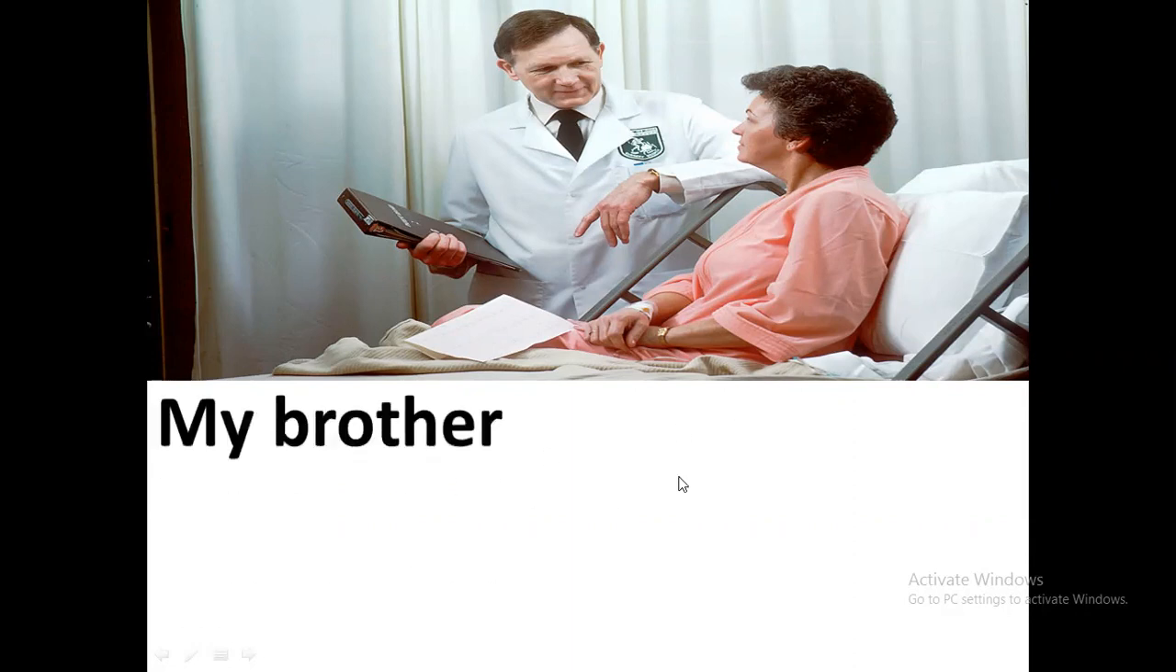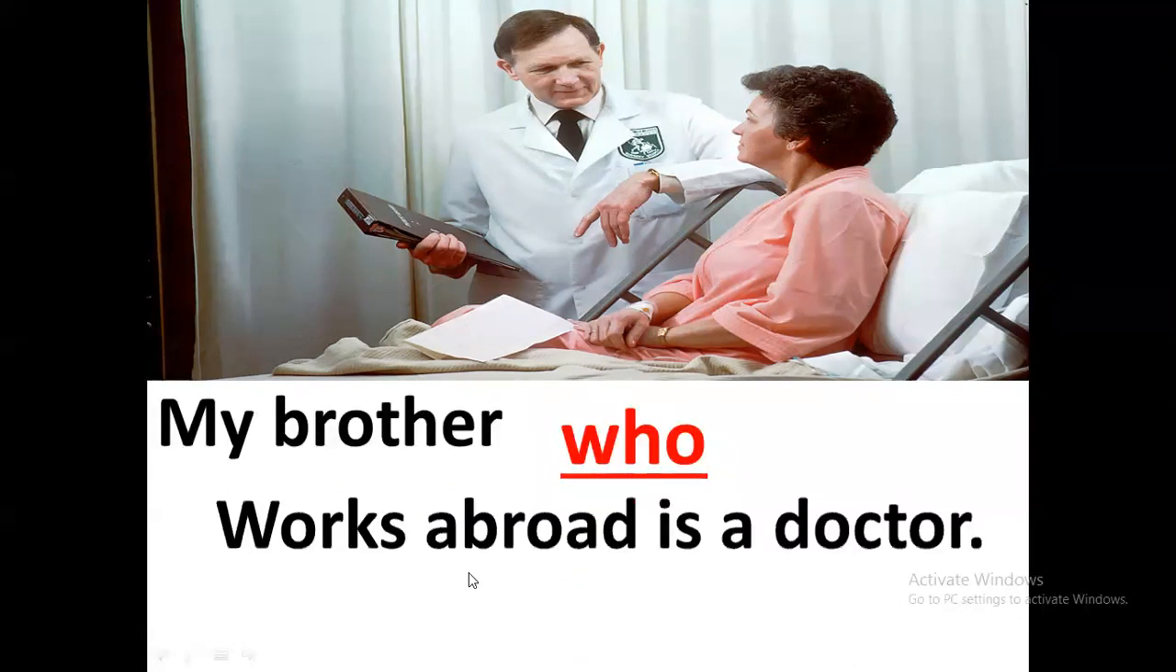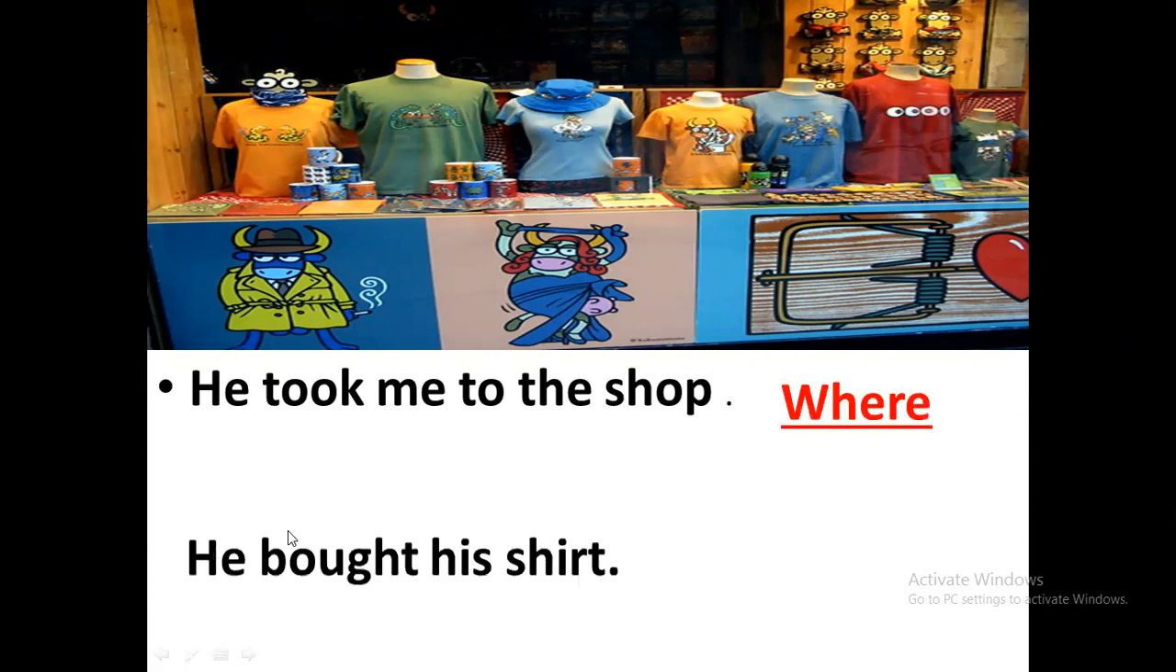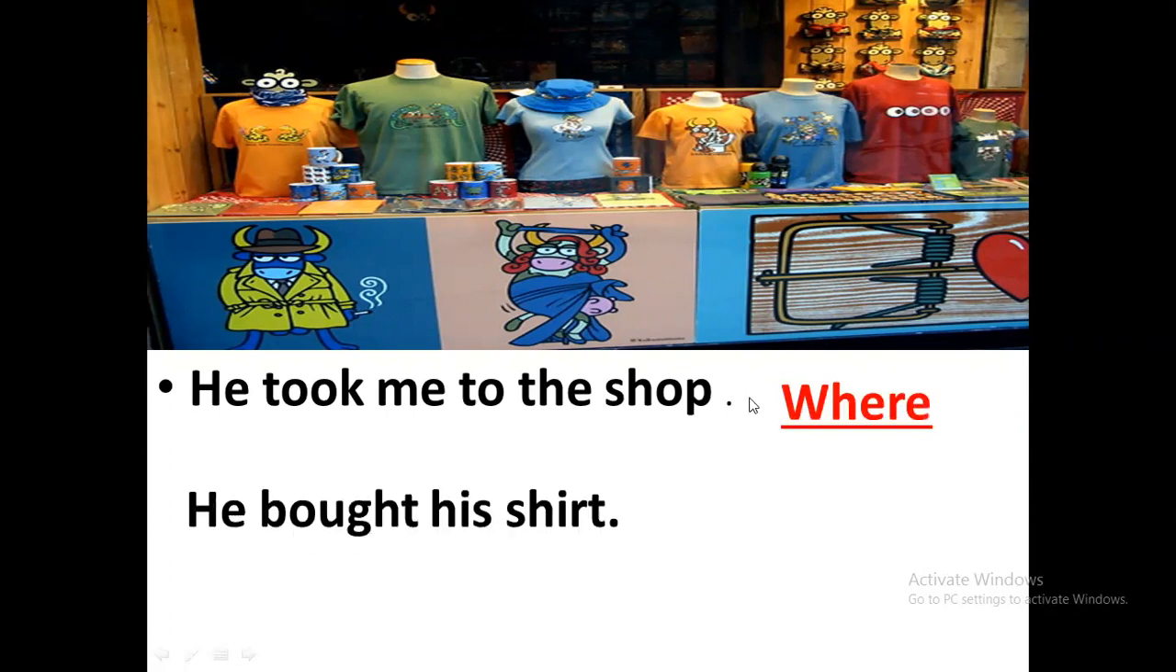Look at this example. My brother who works abroad is a doctor. Who works abroad is a doctor. هنا a relative clause describes the subject like your example. Now look at this. He took me to the shop where he bought his shirt. Relative clauses هون define what? Define the object. Okay. Where وصفة الshop يعني الobject. Okay. The relative clauses هون